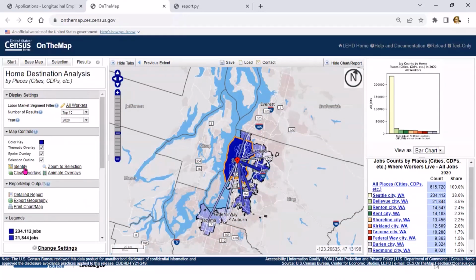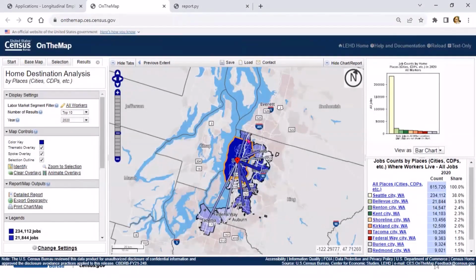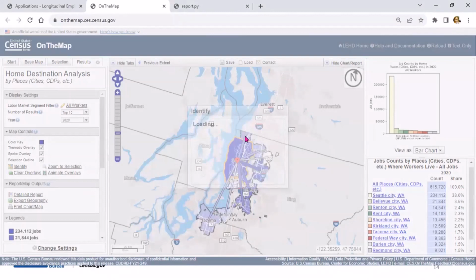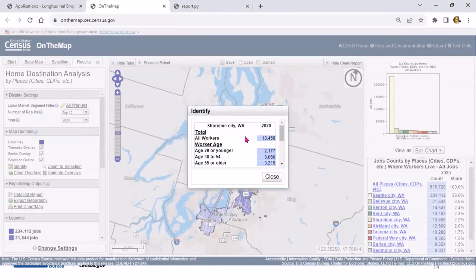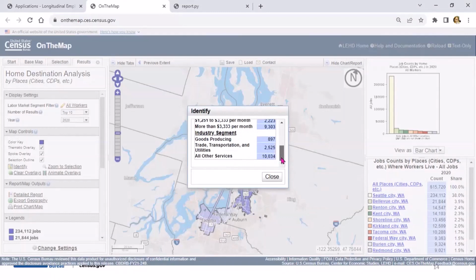If you click on identify, and you can close out of this box, you don't have to wait for it, and you click on the tip of a spoke. So I clicked on Shoreline City, and we can see how many workers in Shoreline City are traveling to Seattle. We can see what their ages are. We can see their earnings and the industry segments that they work in.